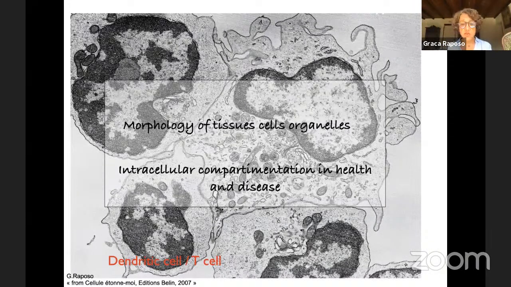And this was just merely embedding these cells that we have been together in the cover slips, and we could study the morphology of these cells and even the size of the immune synapses. So these type of methods are very, very useful to study intracellular compartmentation in health and disease. And when someone comes to see us and says, oh, okay, what can I do with it? Can we